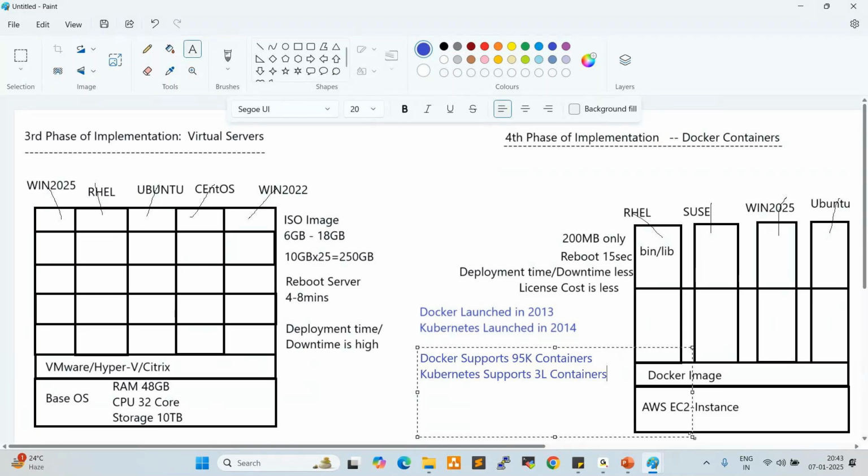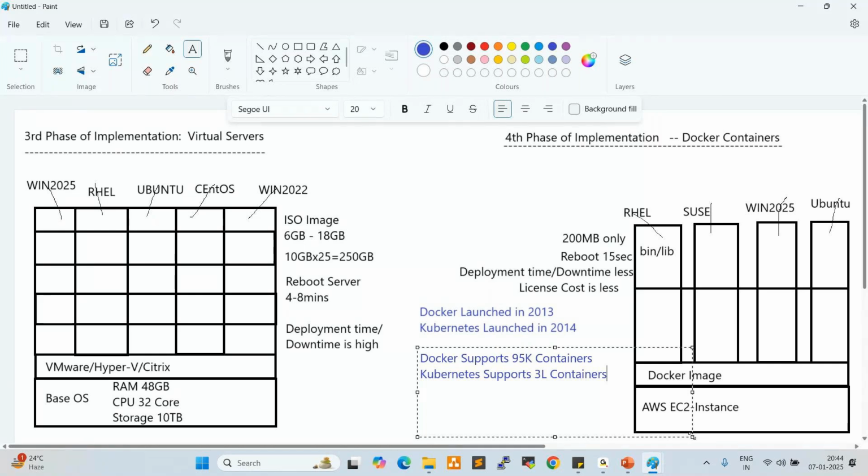Okay. So currently most of the project teams are migrating their applications from virtual servers to Docker containers because of cost saving, and we can access the containers very quickly. We can move anywhere. We can use anywhere. When we restart a container, within 15 seconds we can restart it, right? So these are all advantages of Docker containers.